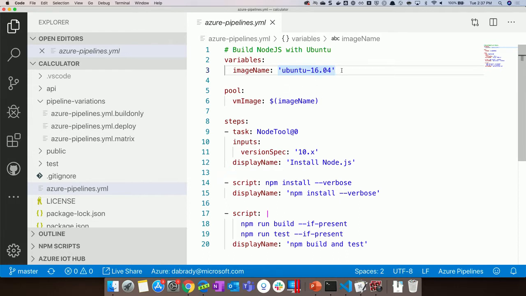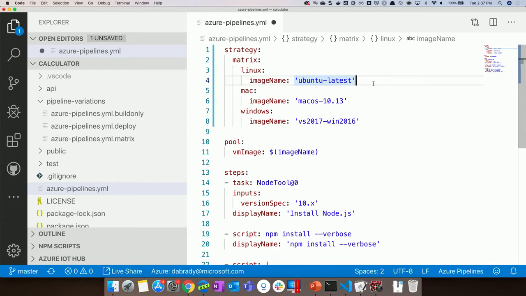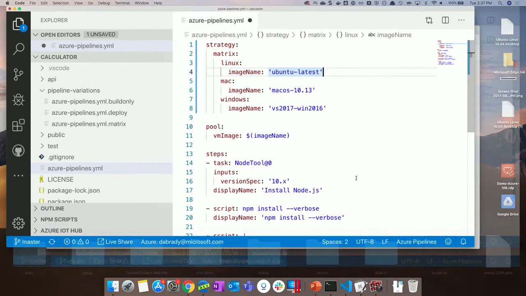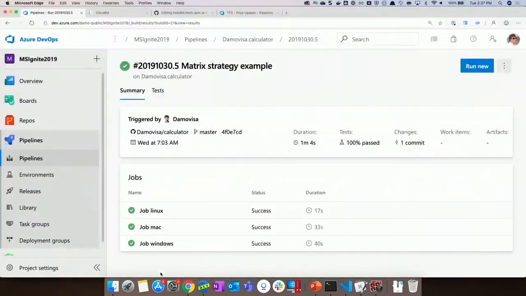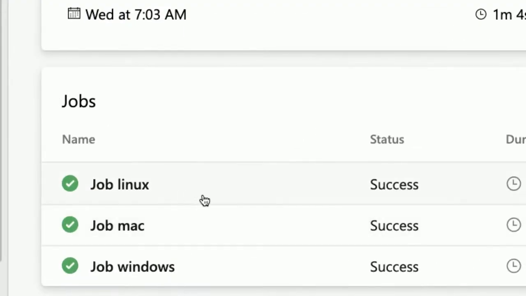Right now, I've got a variable that is telling me what image to use, but I could replace that with, what are we up to, 7. So I could replace this with a matrix strategy. What this means is that it'll actually do a build in all of these different pools. So it'll do it on Ubuntu, on Mac OS, and on VS 2017 on a Windows machine. Even though we've just got that one set of tasks, when you run that, you'll end up with these three jobs. And the best thing is, because of the parallel stuff here, these don't depend on each other, so you can run them all in parallel if you want.